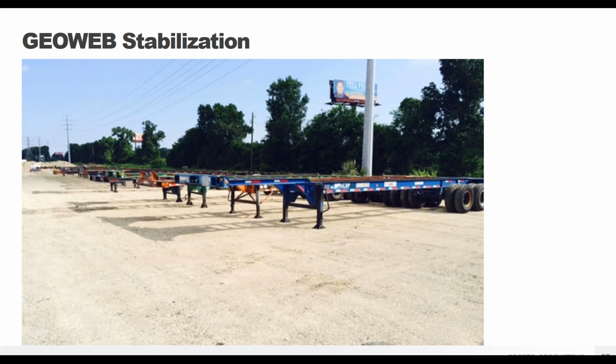And so here you can see what that final solution ended up looking like. Basically you have the GeoWeb layer confining the fill, giving it strength, reducing that potential for rutting. And then you can also see that there's this wear surface over the top, so you're not actually seeing the GeoWeb panels. I mentioned this a little bit before. So you overfill the GeoWeb panels so that you don't see that plastic material, you just see a good, clean gravel yard. And then as you're driving over this wear surface, you're compacting the material into the GeoWeb panels to make sure it really doesn't move.